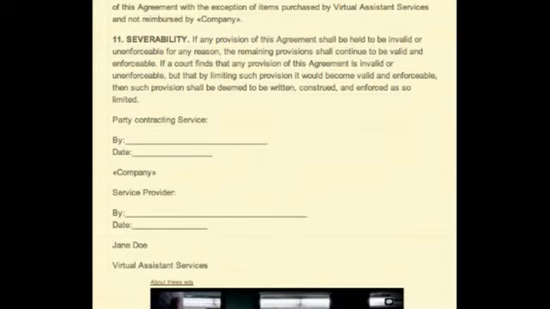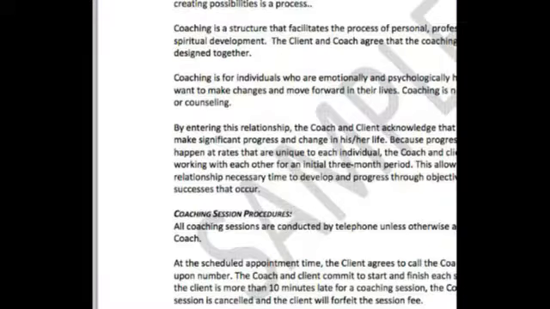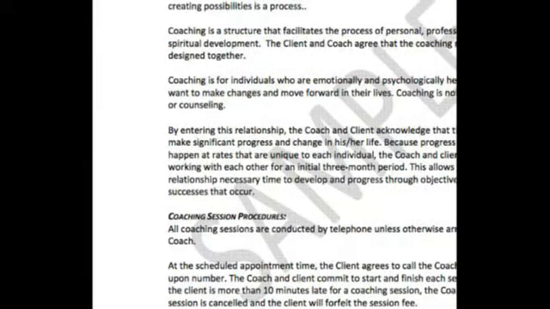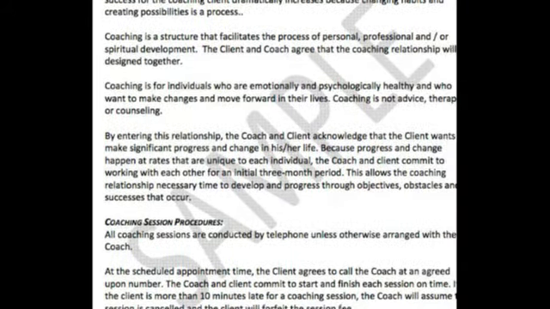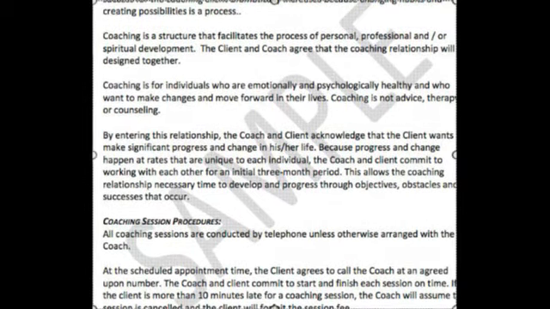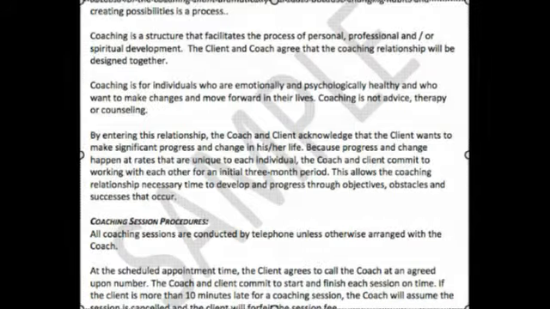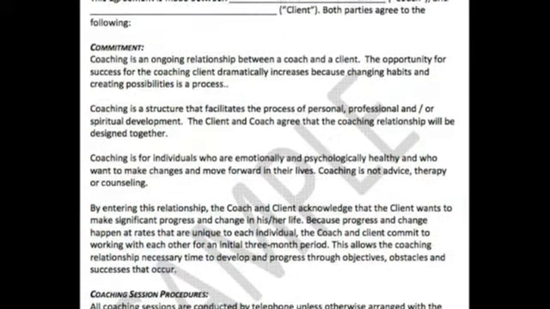And what I'm actually going to do is I'm going to separate these into separate videos and look at some different contracts, because I think I'm going to go ahead and just do the other ones, because I think I've talked about a lot of the same things. Okay. Let me rearrange this a little bit. This is a coaching contract that I found just by Googling coaching contracts. It comes from the Certified Coach Federation. Let me get this down a little bit so you can see it.